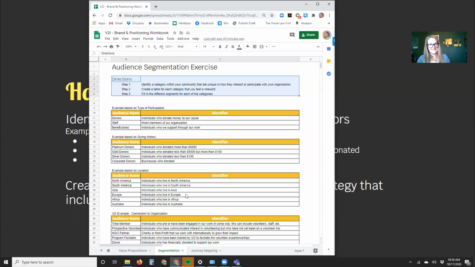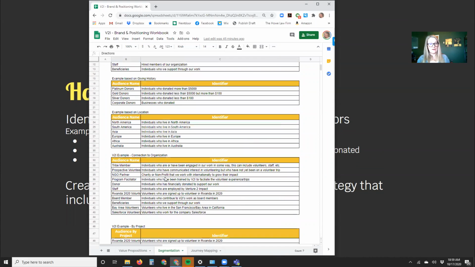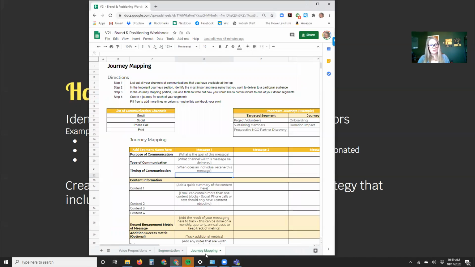Feel free to look at the examples and erase them out to add your own in, or to add more at the bottom. This is your workbook and it should be reflective of your audiences and how you'd want to segment them. If you go over to the journey mapping tab, you'll see the information in here to create a journey. There's instructions up here, which ask you to list out all the different communication channels that you have,